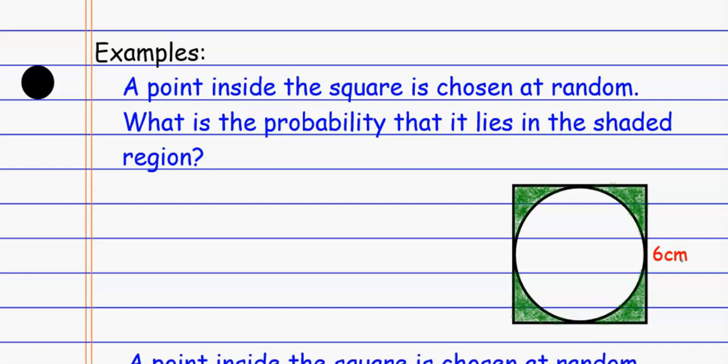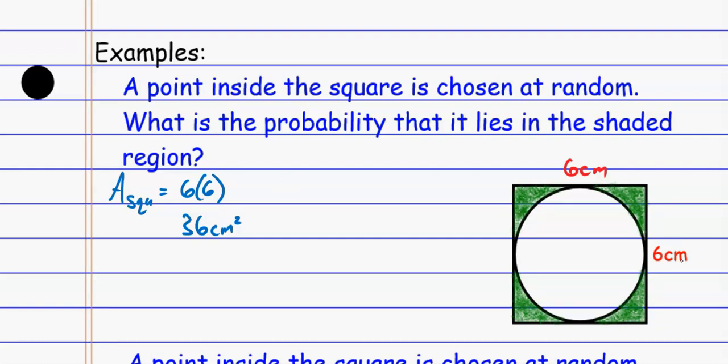So let's find the area of that shaded region. To find that, I'm actually going to find the area of the square anyway. The area of the square is just base times height. So area of the square, base times height, that's 36 square centimeters. And then the area of the circle that's in there,